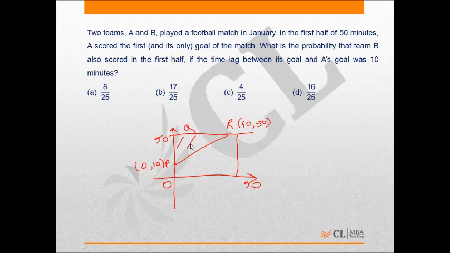So the favorable probability would be this area, that is area of triangle PQR upon total area, which is area of the square OQRS. So in terms of probability, I can write it as half into 40 into 40 upon 50 into 50, which is nothing but 8 upon 25. Hence, in this case, option A is the